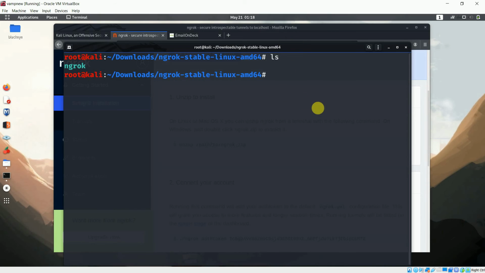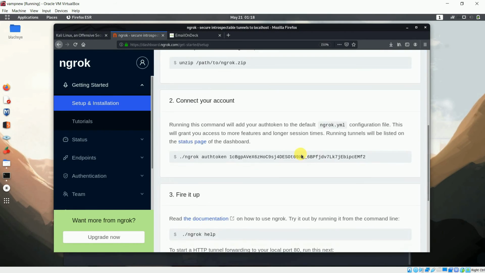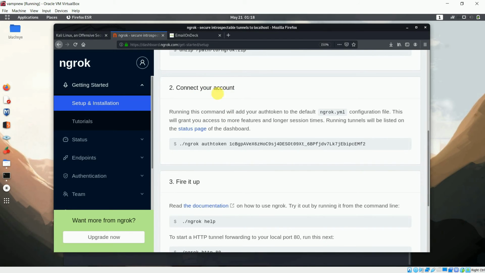And so what is the next step, what we have to follow next? Okay, so we have to connect our account now. In order to connect our account, you have to just use this auth token. This auth token is given to you only after the sign up procedure, so that's why the sign up procedure was very necessary. So I will just copy this command from here,